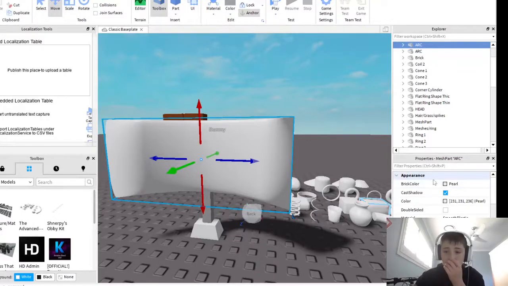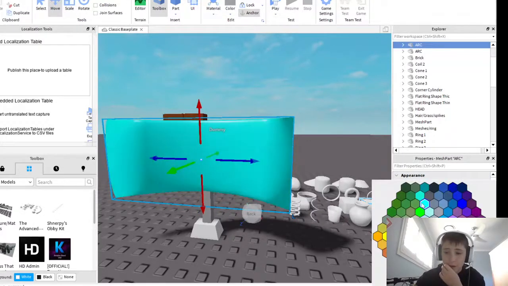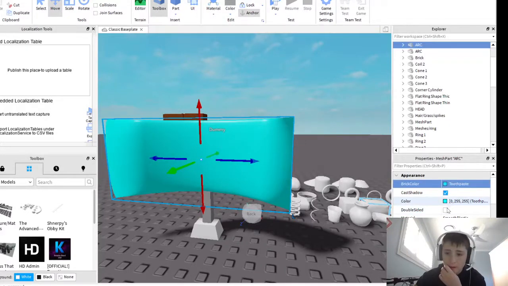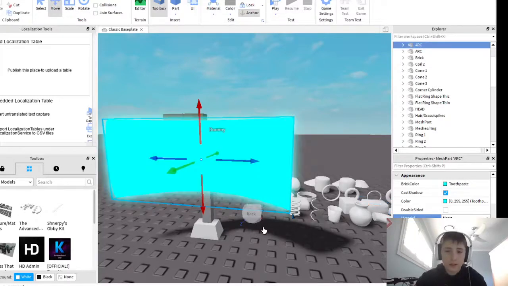Actually, you can also change the color to like a bright blue. Now the material should be to a neon. Neon is good,